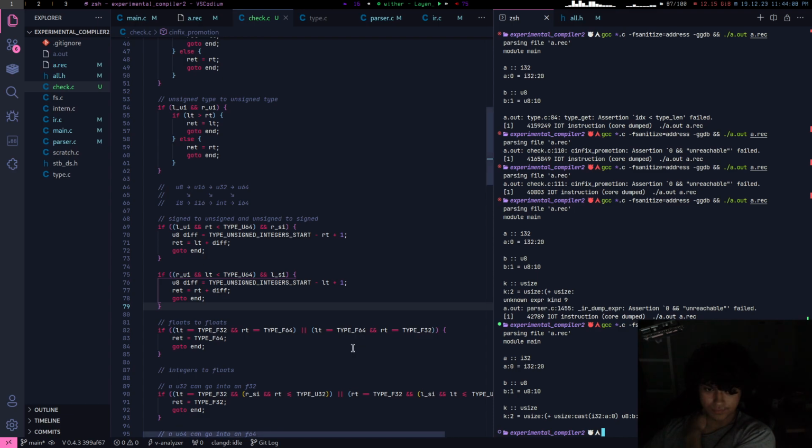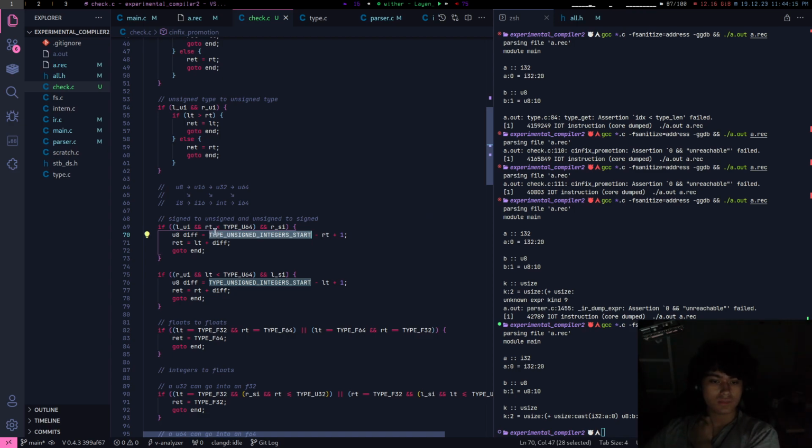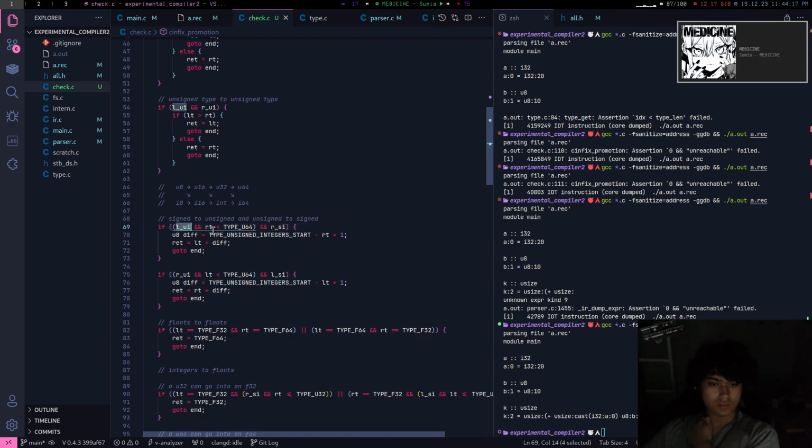Yeah, so ret equals... so left hand side is an unsigned type. Wait.